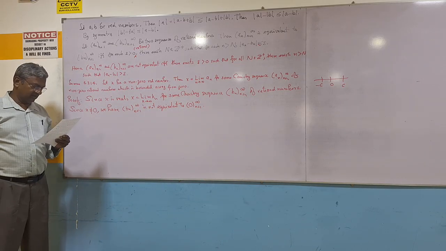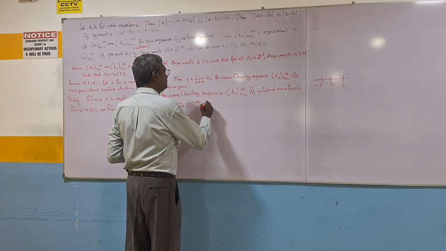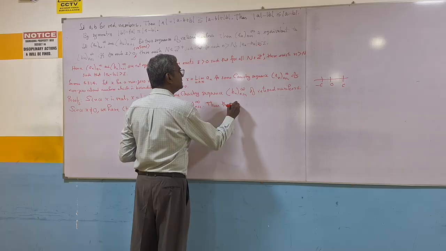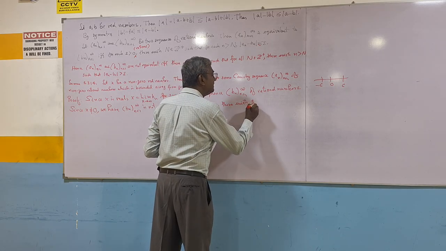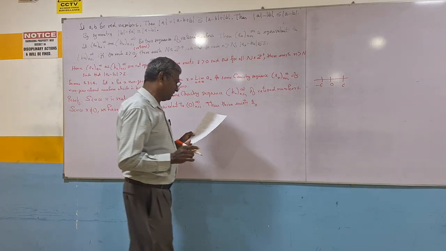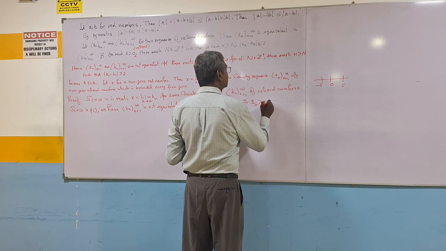Right? Crystal clear. Thus there exists epsilon_1. I will put a 0, it will not change. Epsilon_0 greater than 0 such that